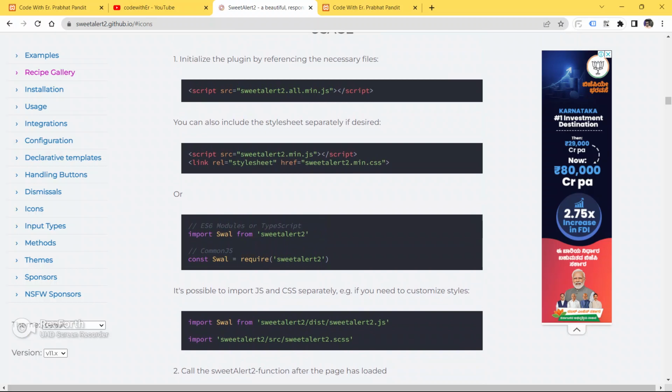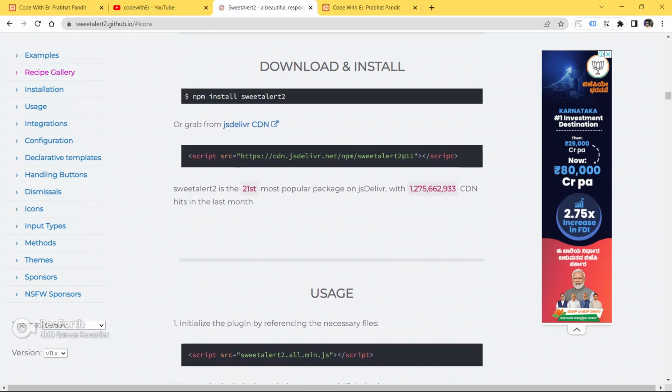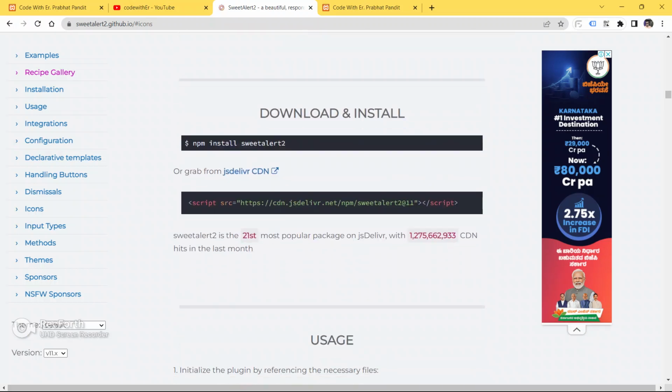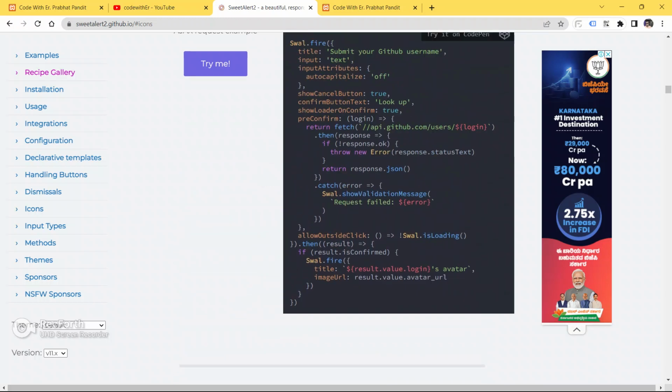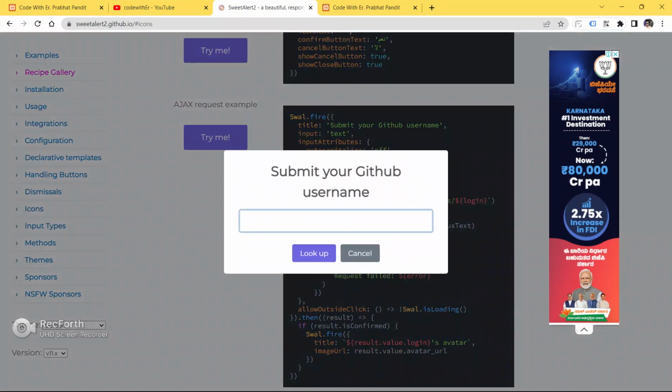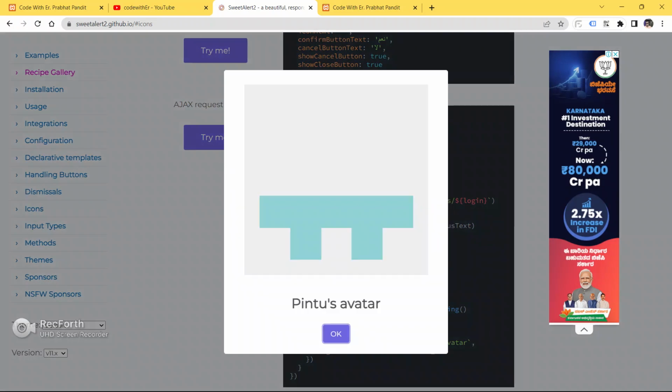Just go to SweetAlert and try it by yourself, then only you will be able to learn. You just have to copy this CDN link and paste it in your code. You are free to use SweetAlert now. Okay guys, there are lots of Ajax methods also.